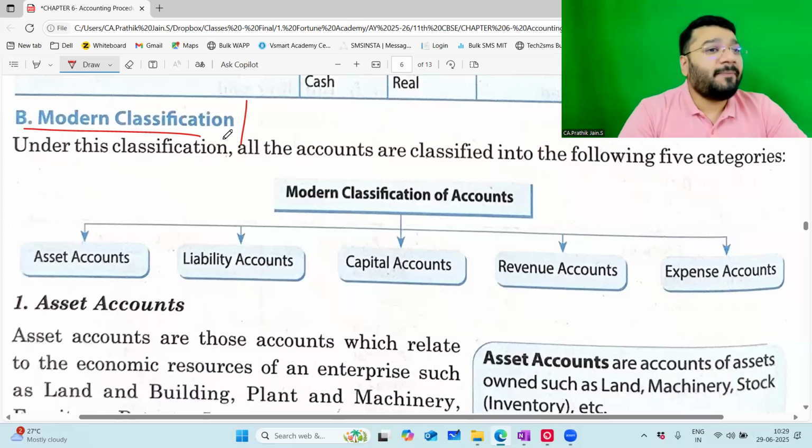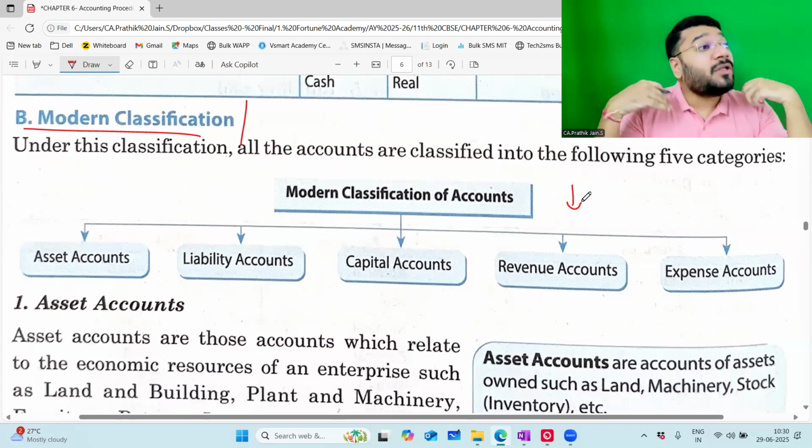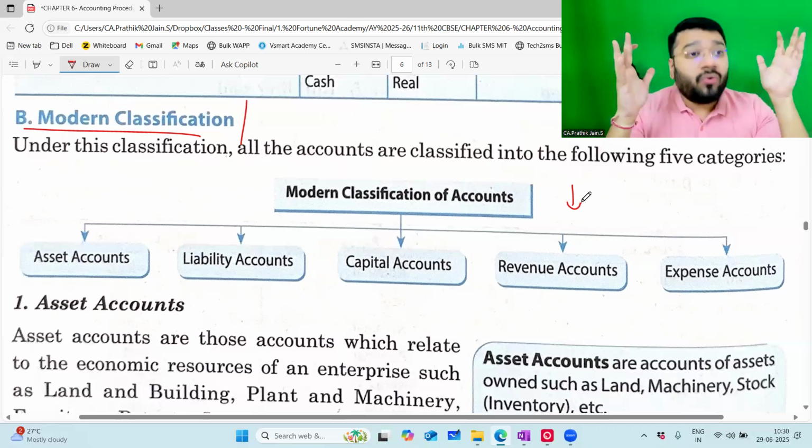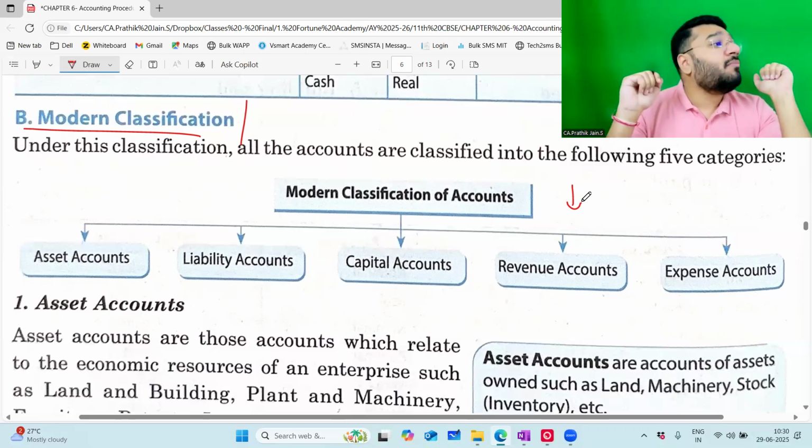That's why a new rule has evolved called the Modern Rule, which considers today's economic situations and the complexity that we have in business. The Golden Rule was there in the olden days, decades and decades ago. At that point of time, business transactions were not that complex, so you were able to manage them somehow with those rules. Today, the business has dynamically expanded and a lot of complexity is involved. For resolving those complexities, the Golden Rule is not sufficient. Therefore, experts had to come out with a new rule called the Modern Rule.